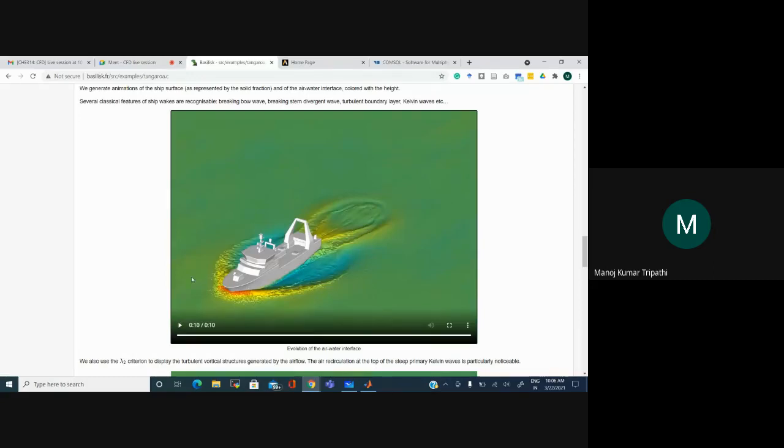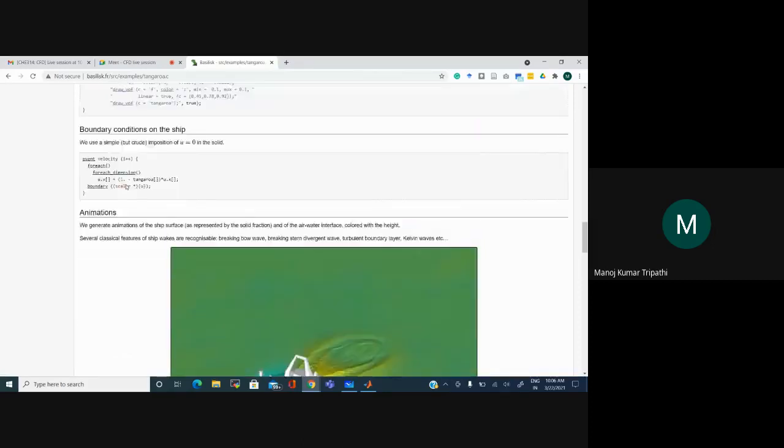In this simulation, what they have done is they have kept the ship stationary, and the wind is blowing, and the water is also flowing against the ship. So both of these things are relatively similar. Okay, there are several other examples here.